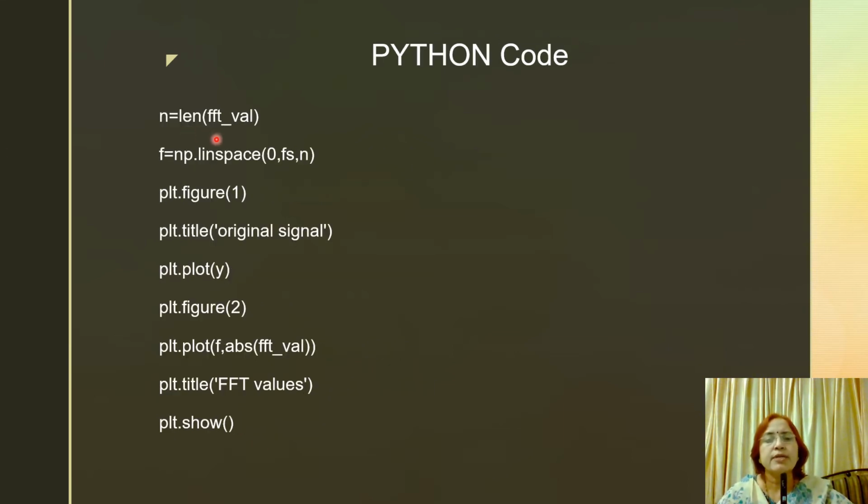Here n is the length of the FFT function, fft_val. Then linspace is the command for normalizing the frequency. This is the starting point 0, then Fs is the ending point, that is 44.1 kilohertz, and n is the total number of FFT function points.